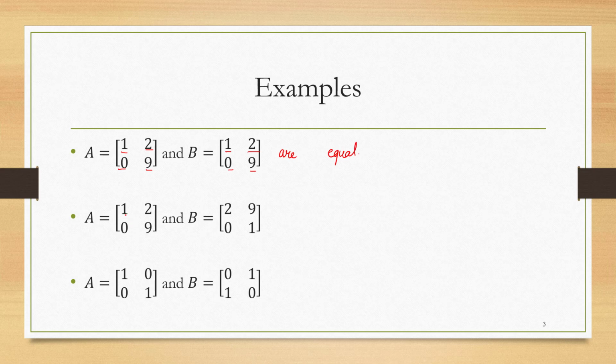Let's talk about the second thing 1, 2, 0, 9. Note that B is also of same order having the same entries 1, 2, 0, 9. But they are not equal. Why? Because the corresponding entries are not same. Although they are having the same entries, their positions are different. Their positions have to be same. Similarly, in this A, we have two places 1 and other two 0. This also has the same entries with same number of times, but their positions are not same. So they are not equal.